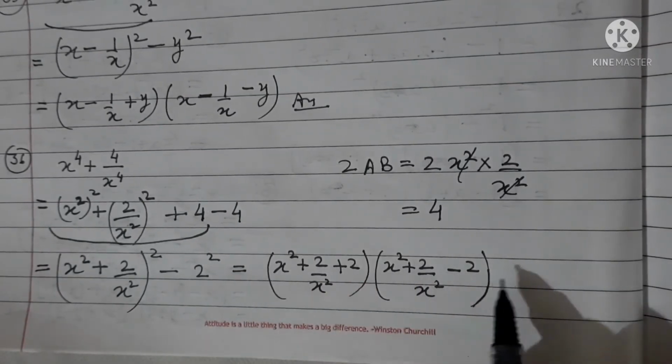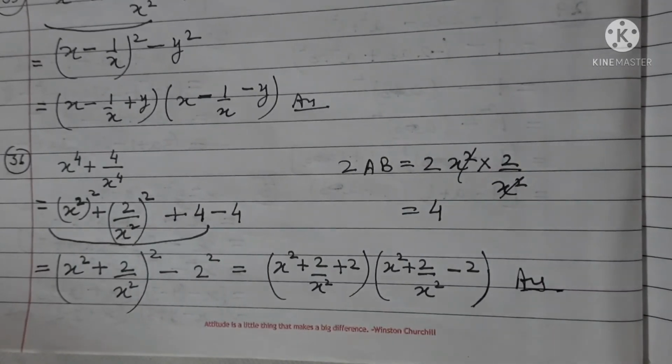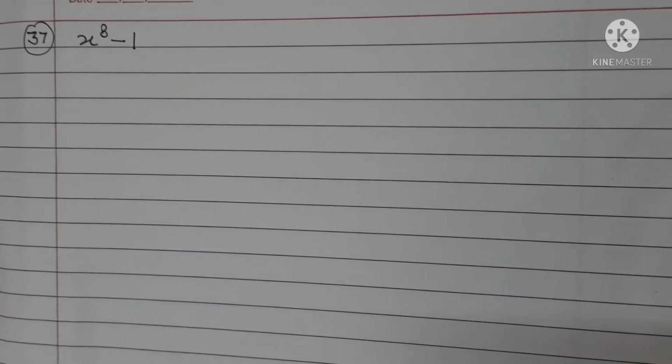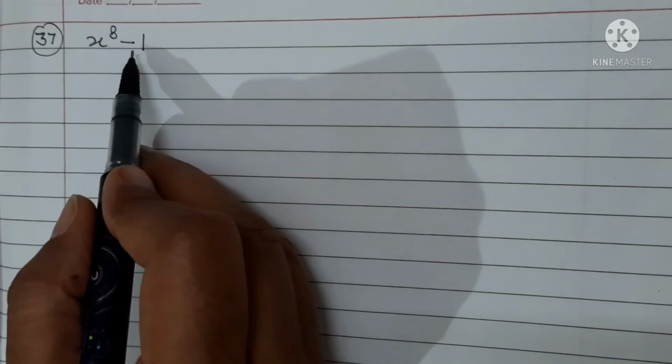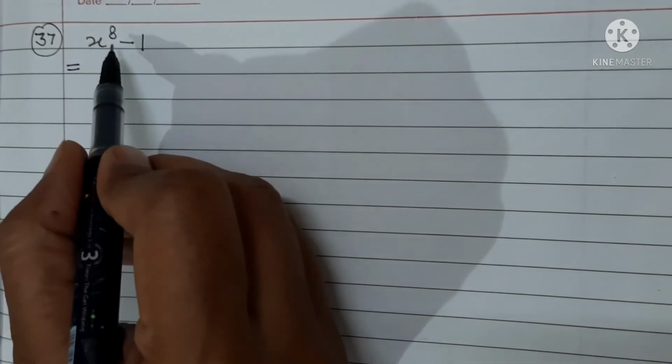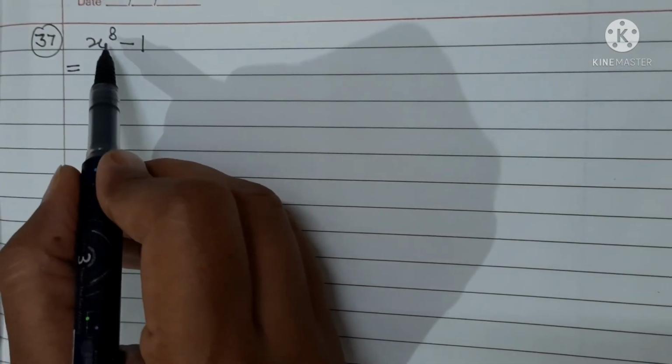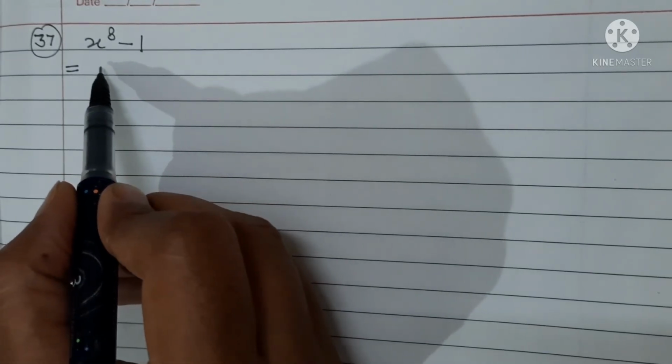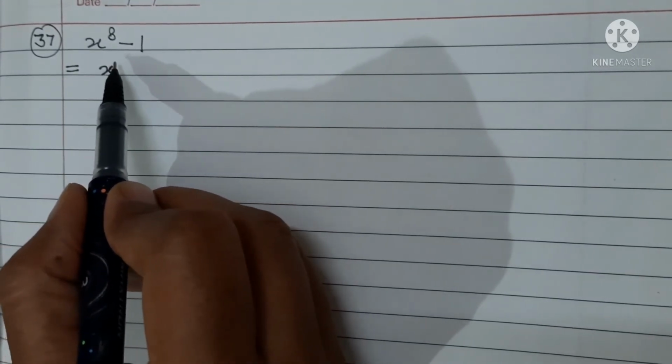Write down in this form. This is the answer. Next question 37: x to the power of 8 minus 1. You can make it the identity of a square minus b square by writing like this: x to the power